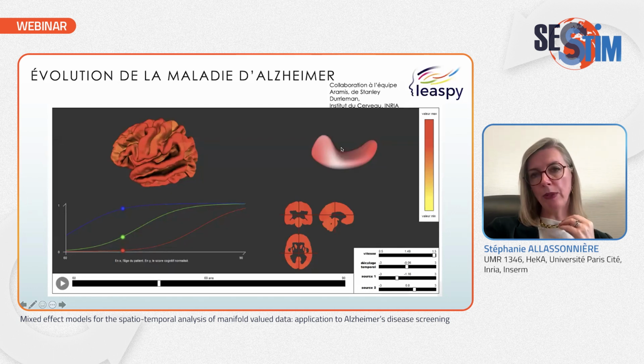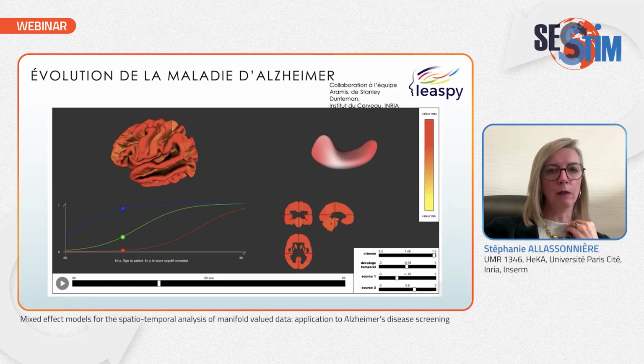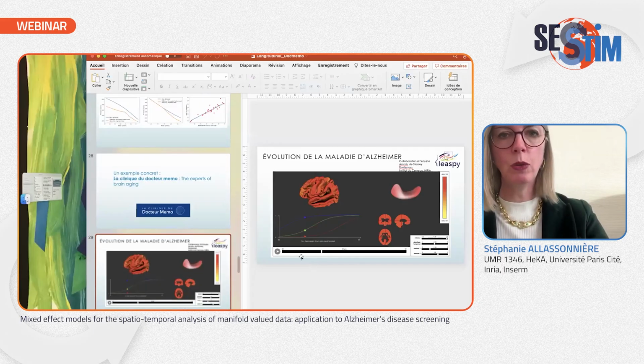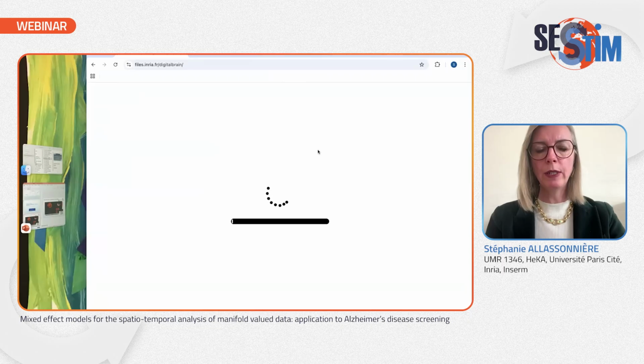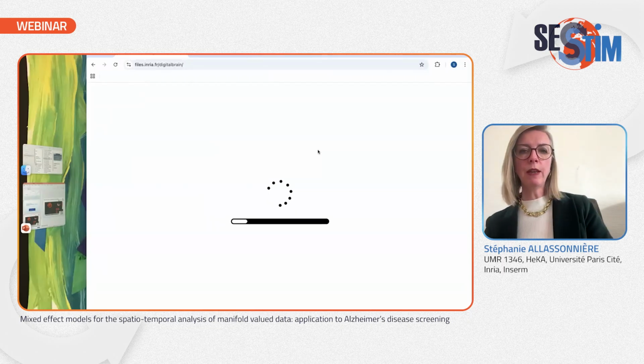So we have the hippocampus I showed you, but also the atrophy of the gray matter, the clinical score, which are standardized by medical doctors and scientific society. And you have the PET image as well to see what is the influence of the pathology on the activation areas of the brain. So basically we had that, and I can actually show you. So here it is.